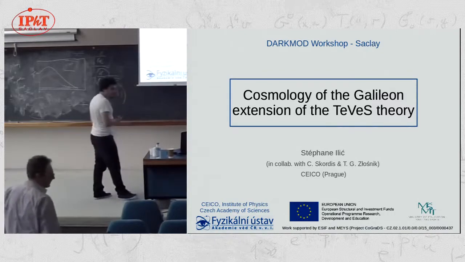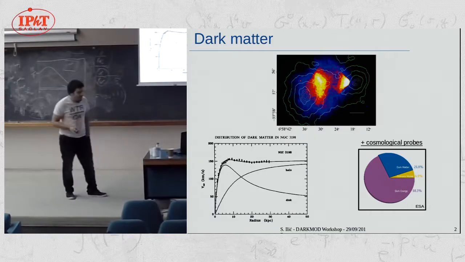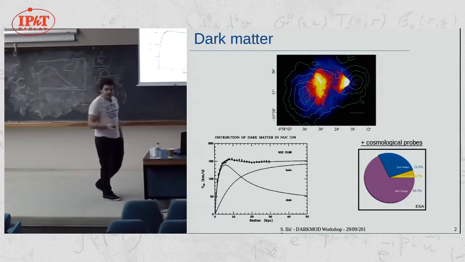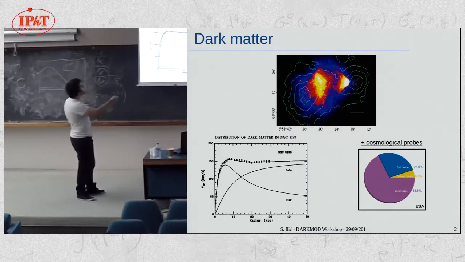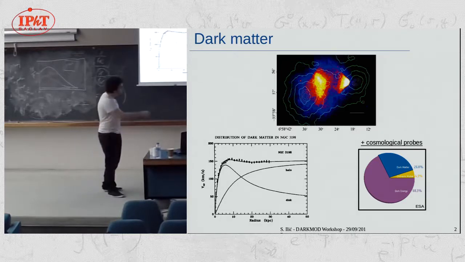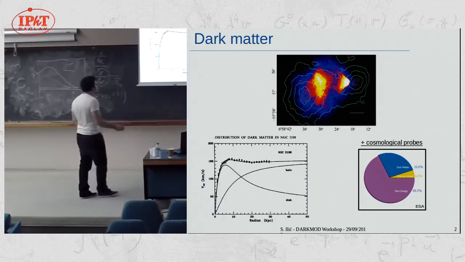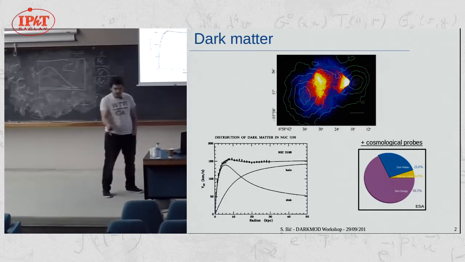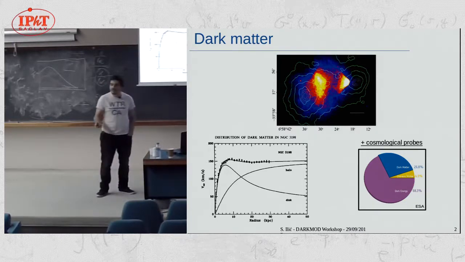So let's jump into it and start with the motivation for this work. You might already know all of this, but I'm going to say it anyway. Dark matter has a long history of successes in explaining astrophysical observations, from the dynamics inside of clusters to galaxy rotation curves, peculiar objects like the Bullet Cluster, plus its successes in explaining a variety of cosmological probes, leading to lambda CDM being currently the standard model of cosmology, with cold dark matter dominating the universe's matter